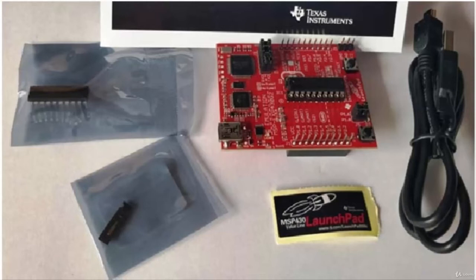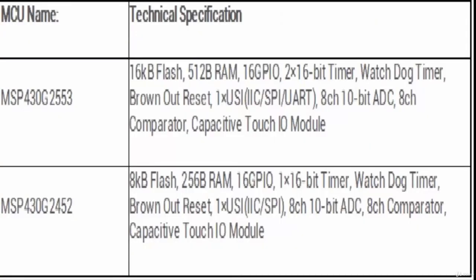This board comes with two microcontrollers, MSP430G2452 and MSP430G2553. As I told earlier, the MSP430 development board can be used to program microcontrollers that fall under the MSP430 series. But with this development kit, TI provides us two microcontrollers from MSP430 series, which are the MSP430G2452 and MSP430G2553. Both are 20-pin microcontrollers, but by default, the